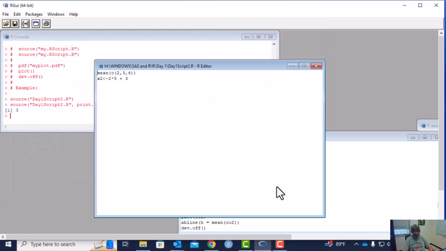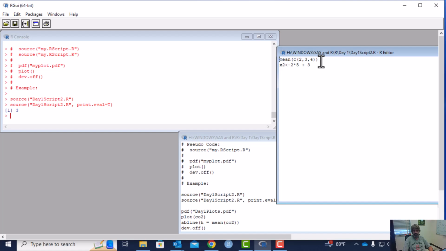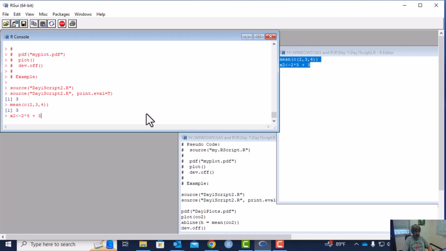This is a script. So essentially, when you install a package, this is what this is. It's just a bunch of scripts that get ran. So you'll notice here, this day 1 script 2, I just have 2 lines of code, mean of concatenate 2, 3, 4, and then I've created this object called x2, which should just be 13, have value 13 here, right? So I could have went and copied and pasted this code,